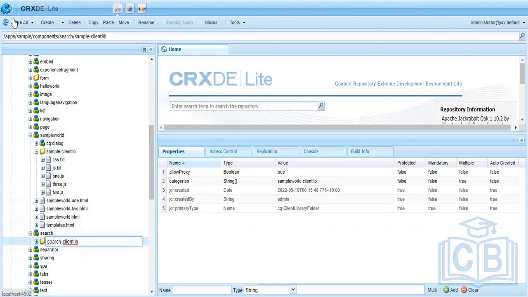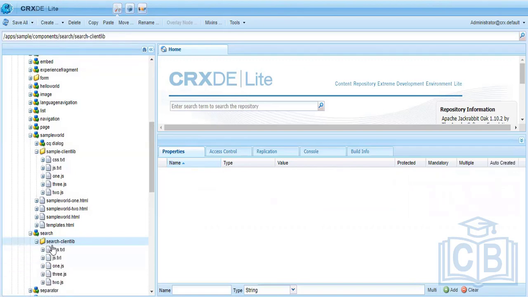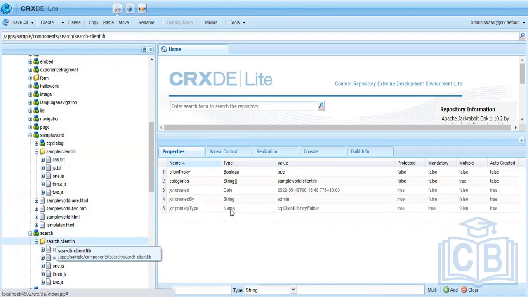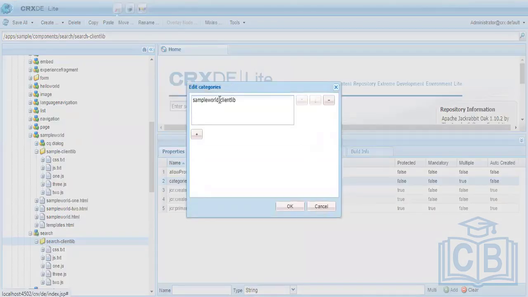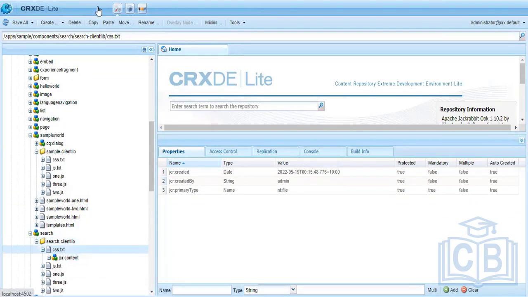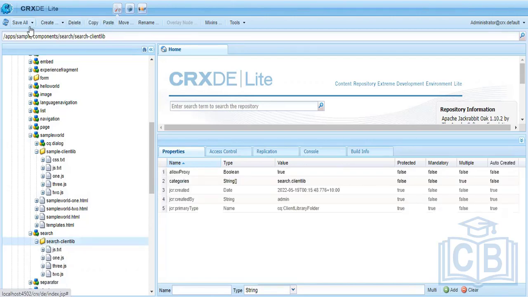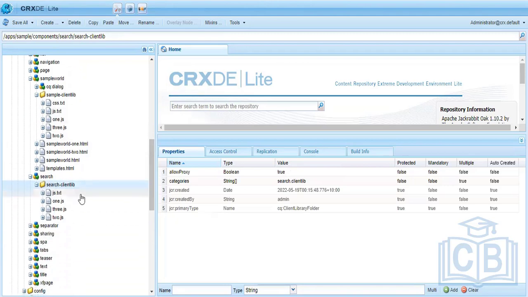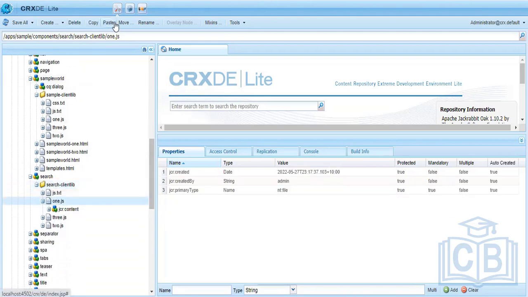search. Okay, now let me give it some property names and all. So this was sample word. Let me use it as search.clientlib. So I give it a name, search.clientlib. And it also has this css.txt, let me remove it. So similar to how we have js.txt, in a similar way we have css.txt. Now here it has some more JS, let me rename it to 4.js